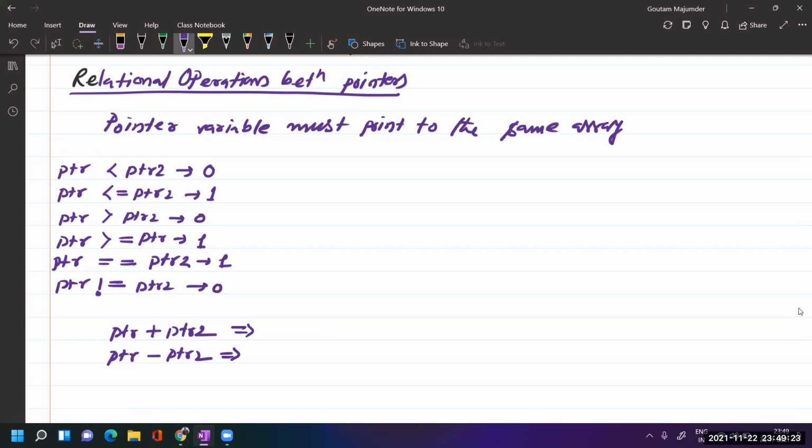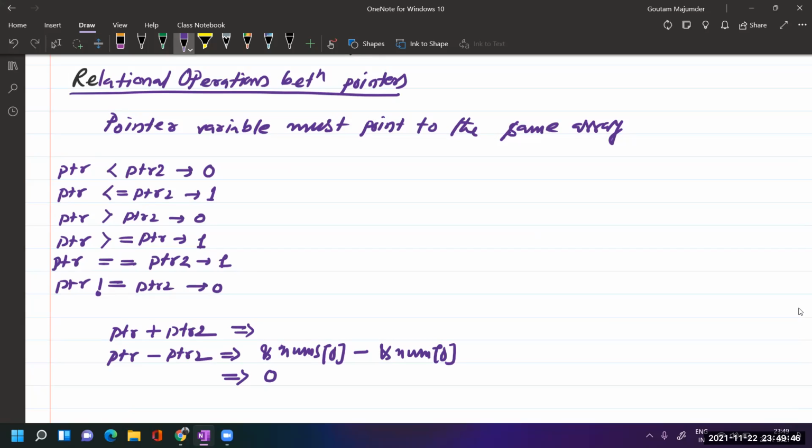Now here you can see ptr2 and ptr both are pointing to the starting address, correct? So it represents address of num0 minus address of num0. So definitely what we'll get? We'll get here 0.